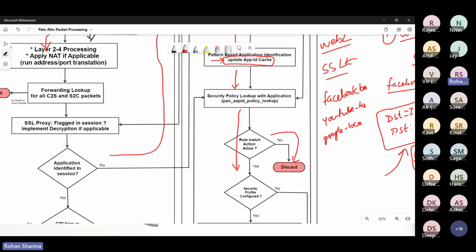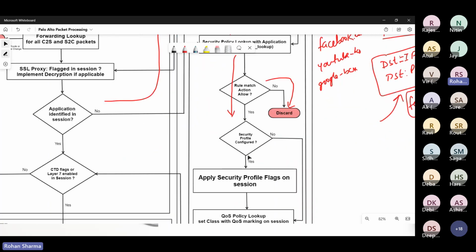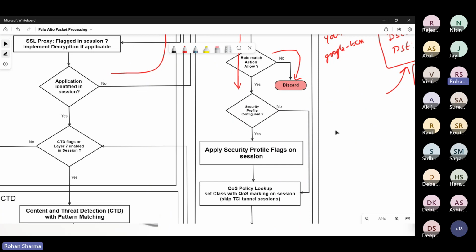Okay. Now we will check for your security profile. So if you have configured deep inspection on this particular traffic flow, it will flag your profile packets. It will apply the security profile flags on this particular session, and then it will check your QoS policy lookup, and it will set the class and QoS marking on that, and then it will go inside